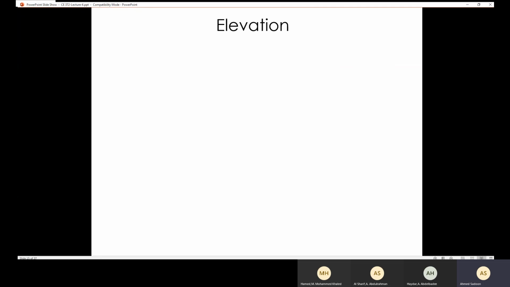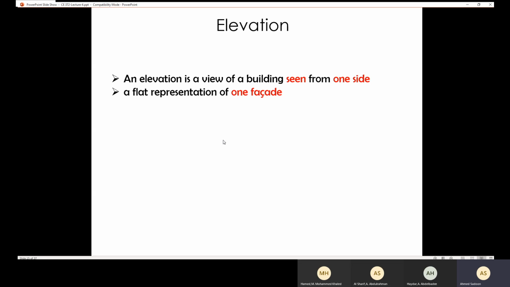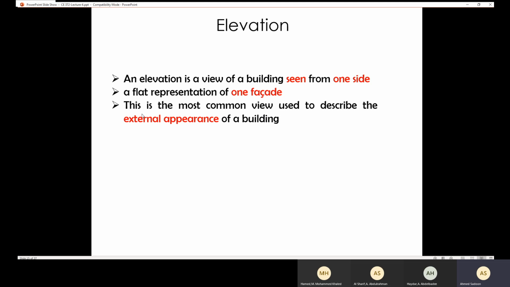Also, we have the elevation. The elevation is a view of the building seen from one side. So I'm going to look at the building's front view from one side, and a flat elevation is a flat representation of one facade. This is the most common view used to describe the external appearance of the building. So if you want to know the external appearance of the building, that is going to be through the elevation,